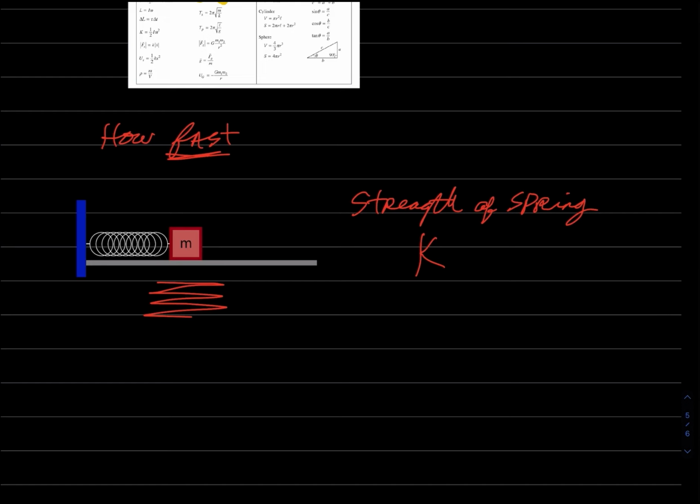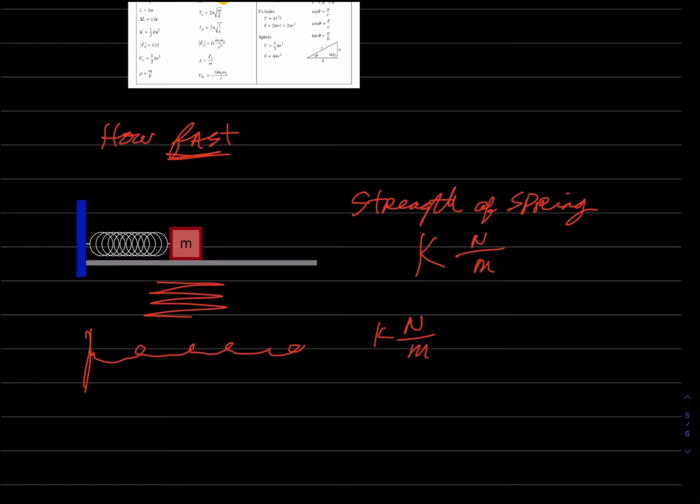Think of the thick, stiff, strong spring that supports the frame of a car. A very large spring constant in newtons per meter. You would think that that would be a very rapid vibration, and indeed it is. You hit that spring with a hammer, and it'll vibrate so fast that it'll put out an audible tone back to you. Whereas, if you had a really weak, loosey-goosey spring with a very small K in newtons per meter,